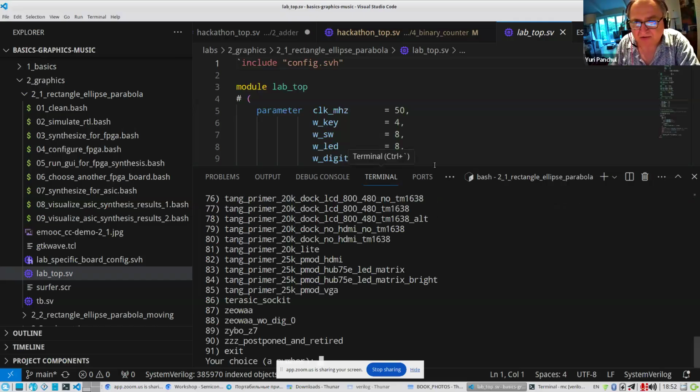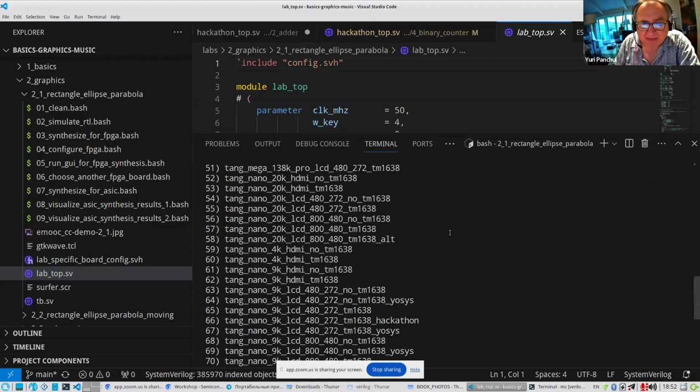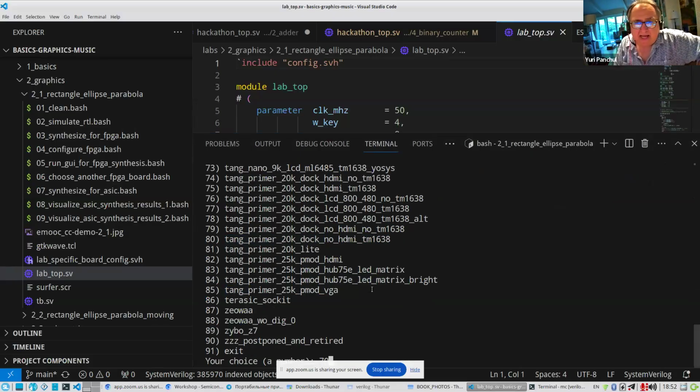It will show you a set of boards. If you have a larger screen, you can choose not the 10 nano 9K LCD 480 272 TM1638, but instead the 10 nano 9K LCD 800 480 TM1638. So you can choose board number 70.